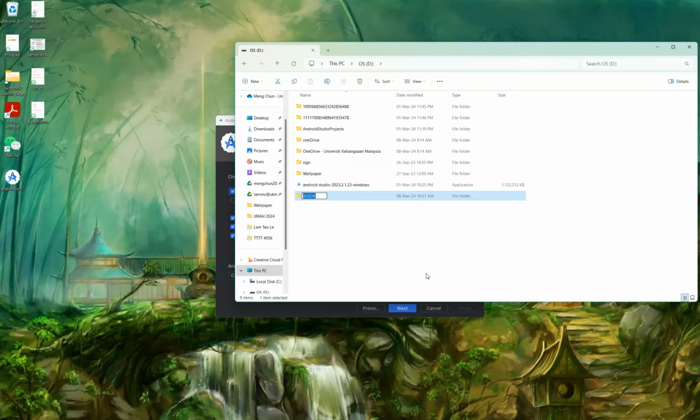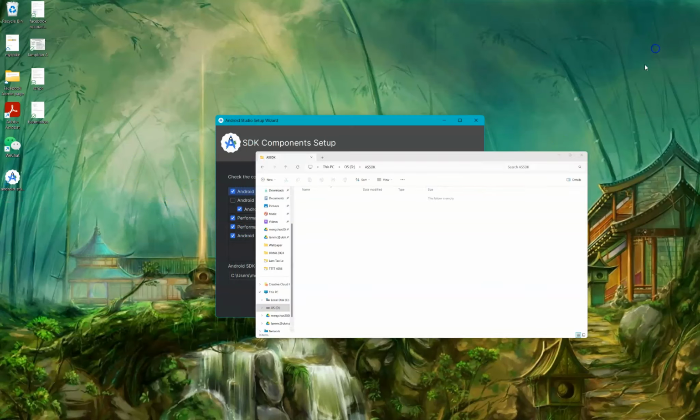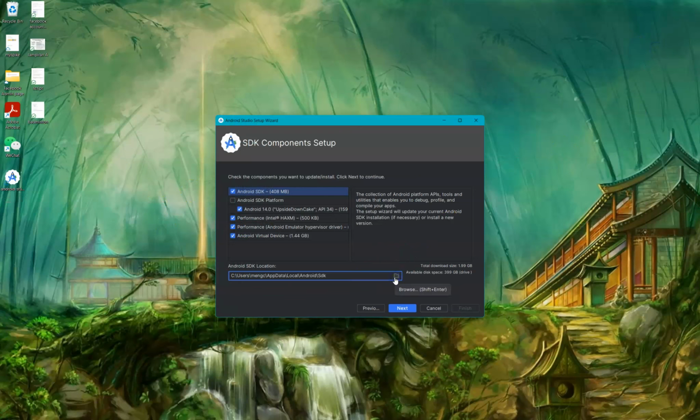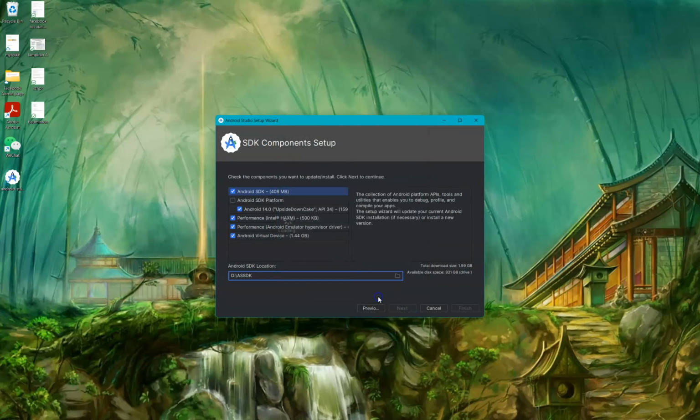When you create the folder, remember that you cannot have spaces in the name, so make sure you don't have anything that has a space. I'll copy the path, or you can click here just to be sure. D, AS SDK. Okay. After you select this, you just click next,